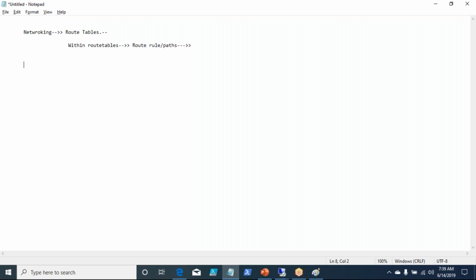To quote some examples, let us say that you have a backup server, right? Now you don't want that backup traffic to flow like any other normal production traffic through your production network interface card. Generally you will have two different network interface cards.